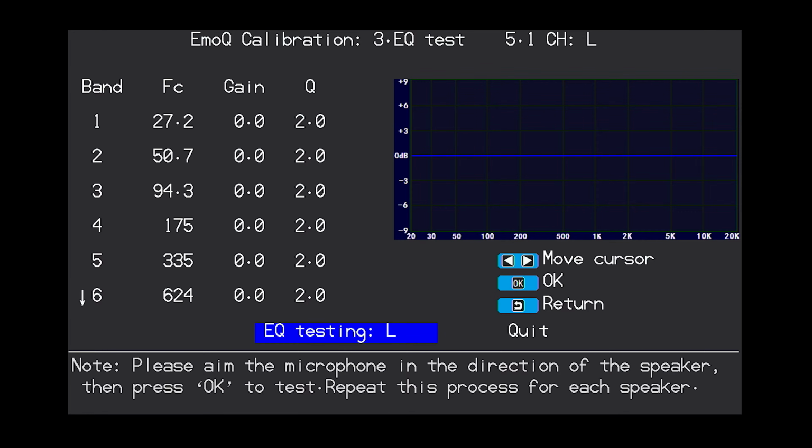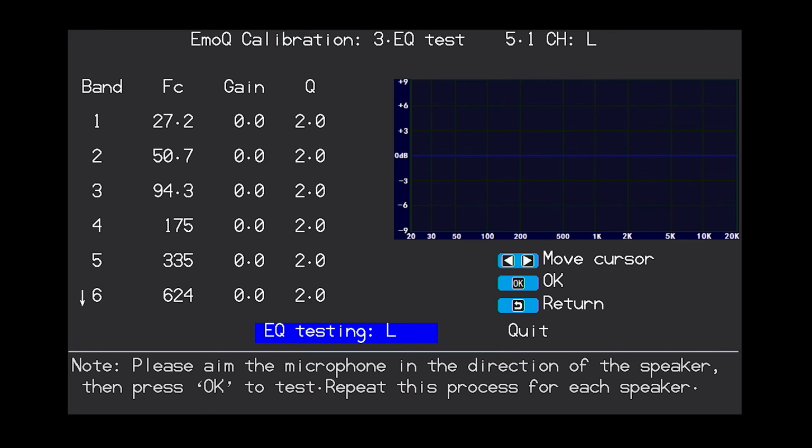All right, and so after it completes all of the level adjustments and then calculates the distance each speaker is away from the measurement microphone, it will pause before we get to the next portion, EQ testing. After we've completed the level and distance portion of the EmoQ program, we'll get a pause before we start the next portion. And in this portion, we're going to actually measure and correct the EQ, or the frequency response of each speaker individually. The software already has adjusted the relative output levels, and so everything should be well balanced for this